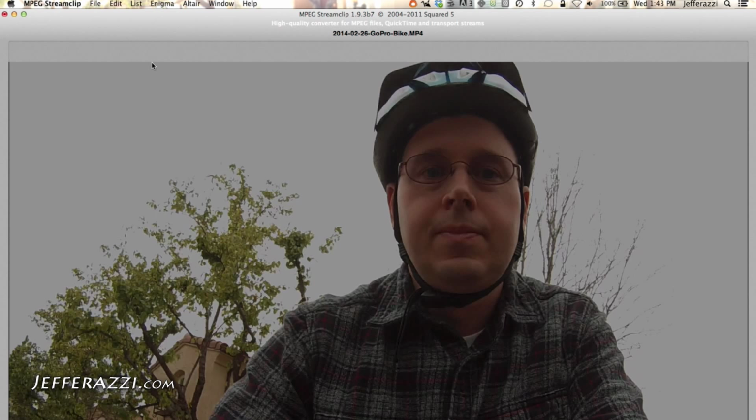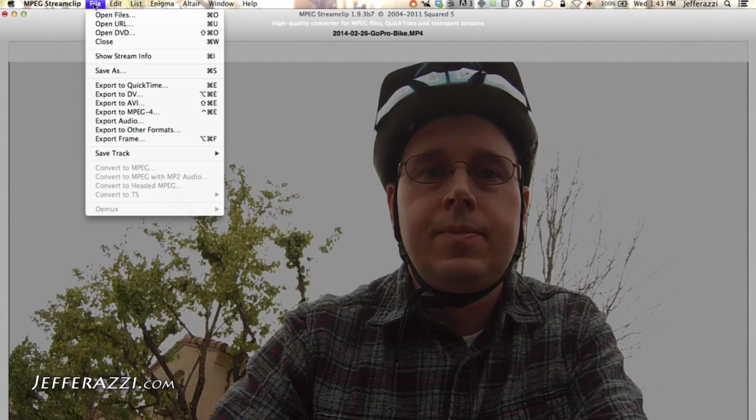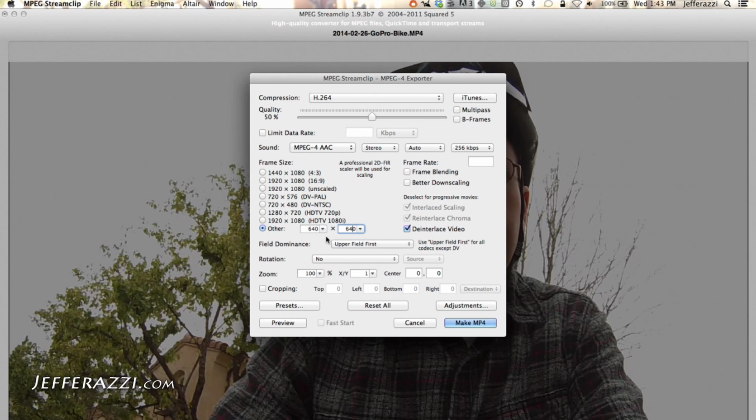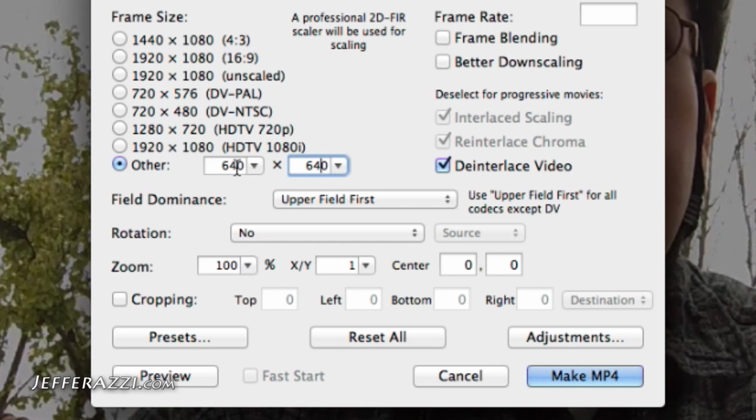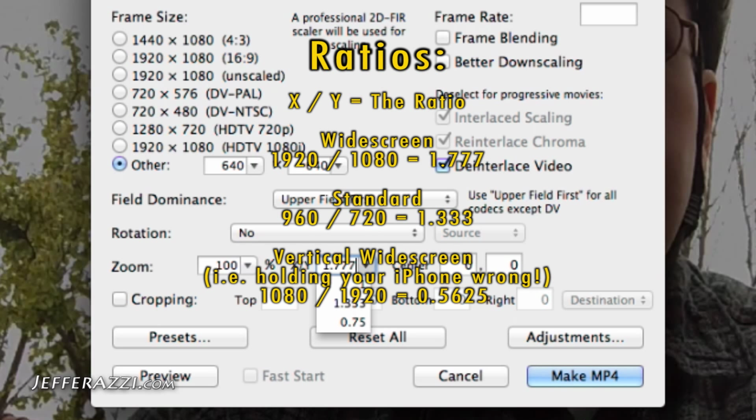However, if you don't like that extra distorted look, you can also say export to MPEG 4, and you want to have the same 640 by 640, but this time you want to change the zoom on it. So if you want to have the black bars on the top and bottom, you would want to say 1.777, so that's the aspect ratio of a 16 by 9